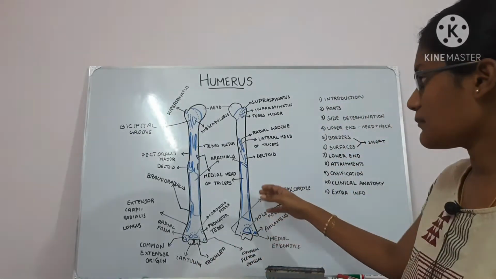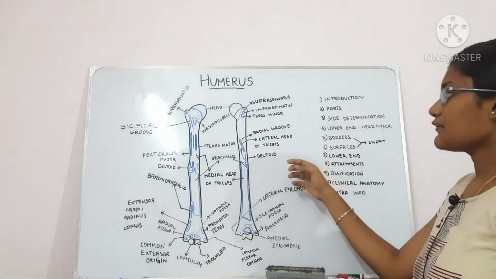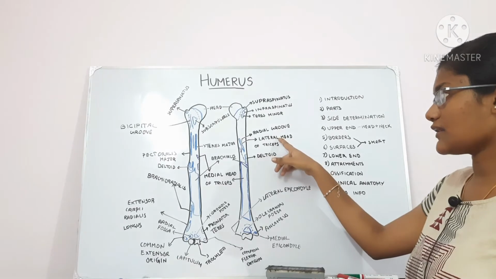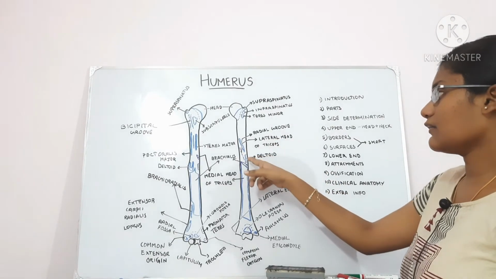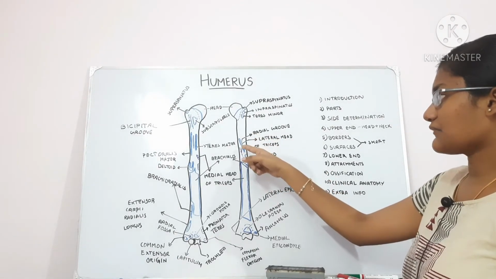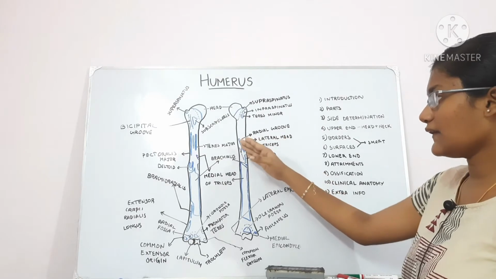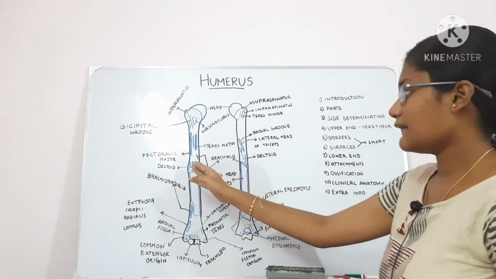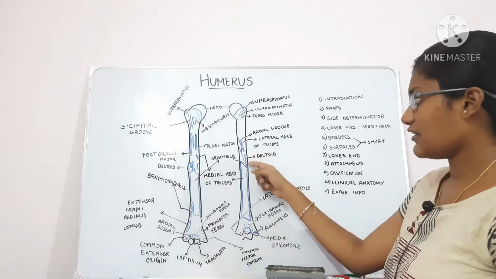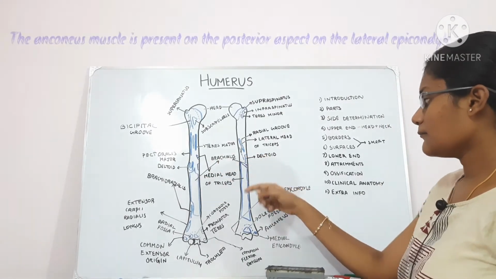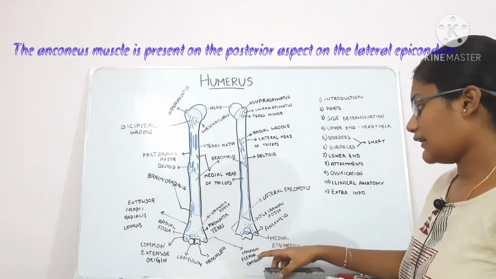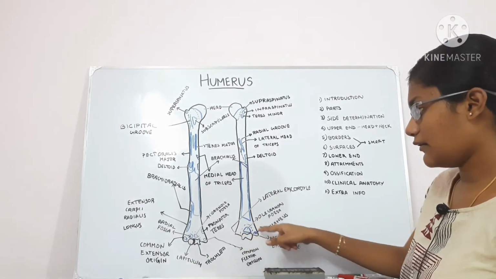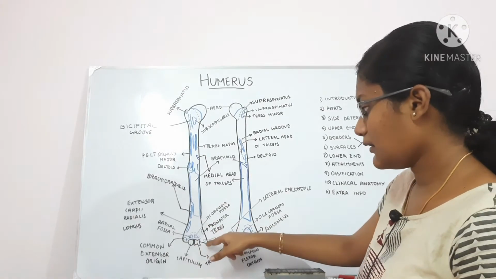So let's move on to this part of the humerus. Here there is an oblique ridge which gives attachment to the lateral head of triceps, and there is a radial groove above which the lateral head of triceps is present, and below the radial groove the medial head of triceps is present. And the deltoid muscle is also present on the posterior aspect on the middle part of the bone. Right. So this is the capsule of attachment of the lower end. It is also over here.